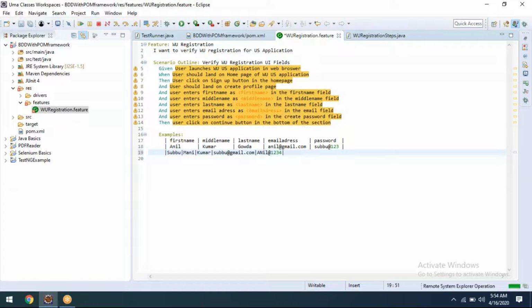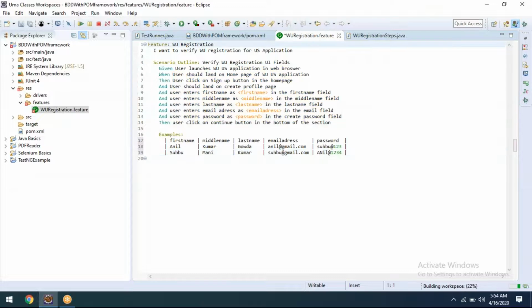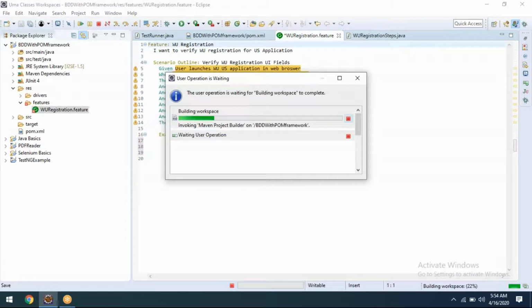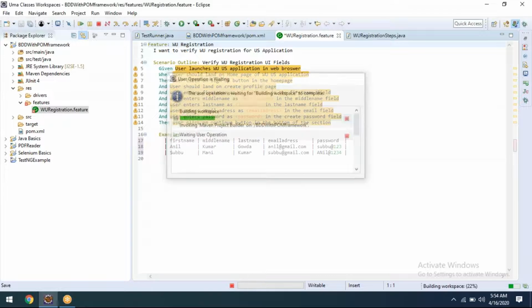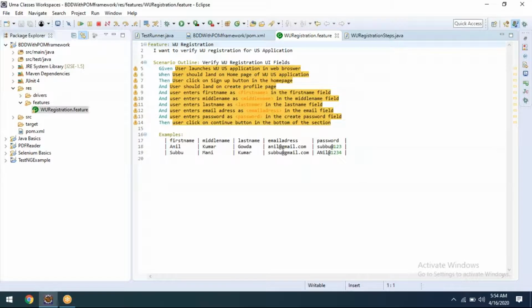But if I go ahead like this, finally I have to press Control Shift F, then it will format. Now we are getting my point, right? Within a simple change, just by adding an additional test data set, the test examples,